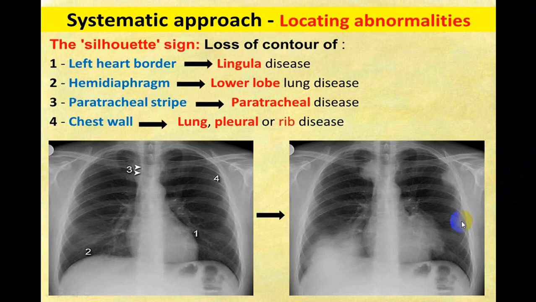Now you can see here, there is one diagram which is showing you certain radiopaque shadows. There is a radiopaque shadow here, here, and here. Now here I cannot identify, but I can see the diaphragm margin here, and here. And I can see the cardiac border.